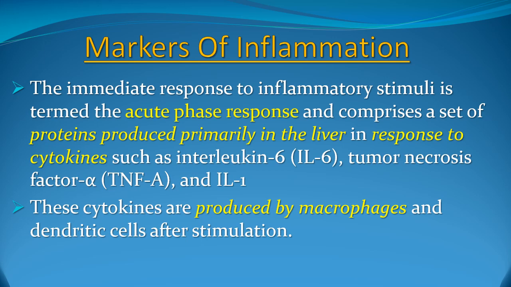These acute phase reactants are various types of proteins which are primarily produced by the liver. And the liver produces these acute phase reactants in response to what we call cytokines. Cytokines are a very big group of chemical substances which are primarily produced by the macrophages. So the macrophages produce various types of cytokines. These cytokines will act on the liver to produce more than one type of protein that we collectively call acute